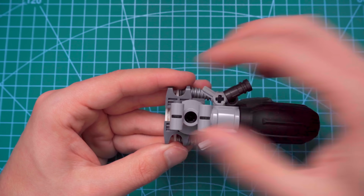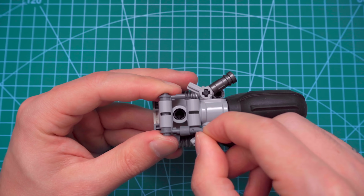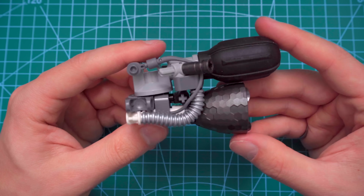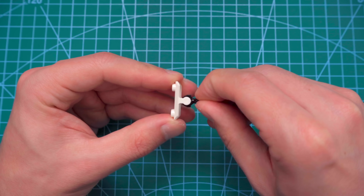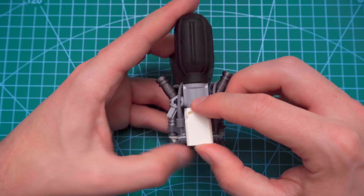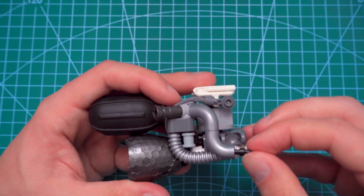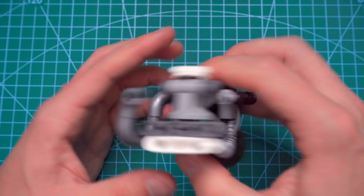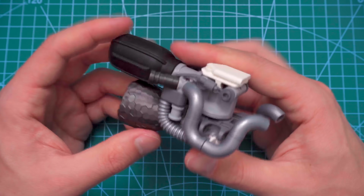To continue the tube details on the top side, let's add some half pins to these bar plates so we can connect some cables between them and the underside of the build. We can cover up this hole on the top by using this shield, then connecting a robot hand and a tile. All this building is making me hungry, so let's add in some macaronis, which we can chain together into a pasta tube with two long rods. Let's add that pasta to the other side to complete this engine section and move on to building ourselves some